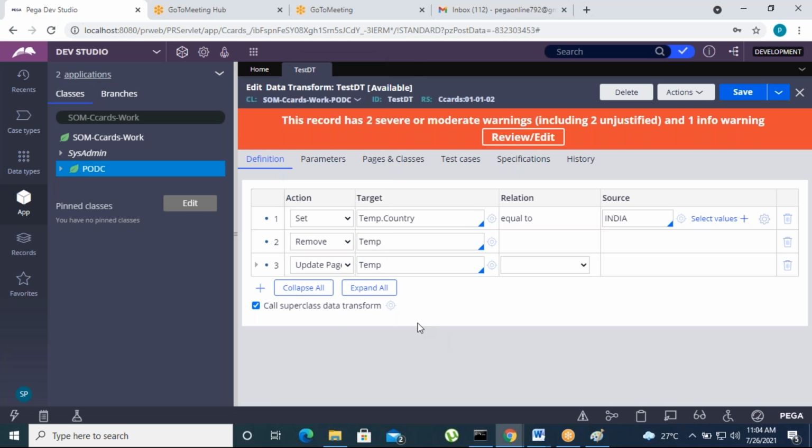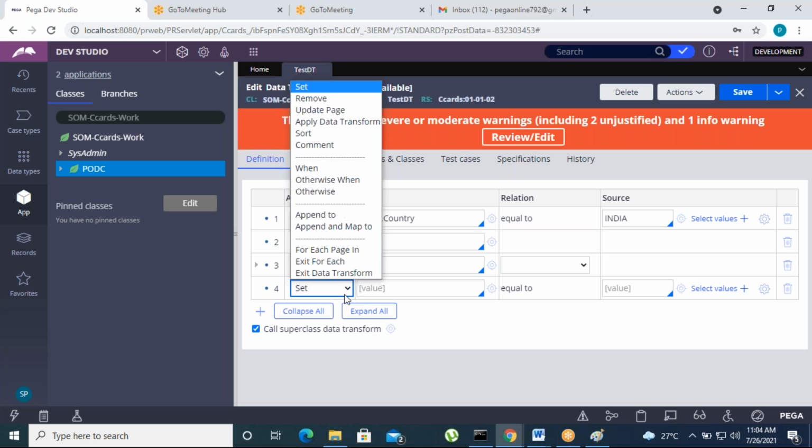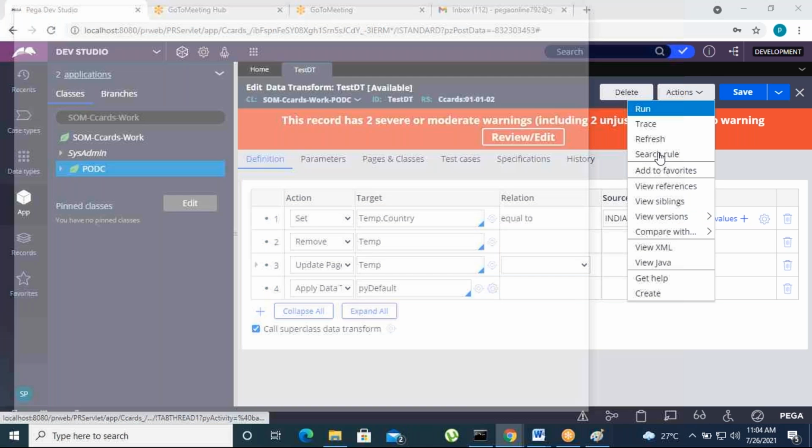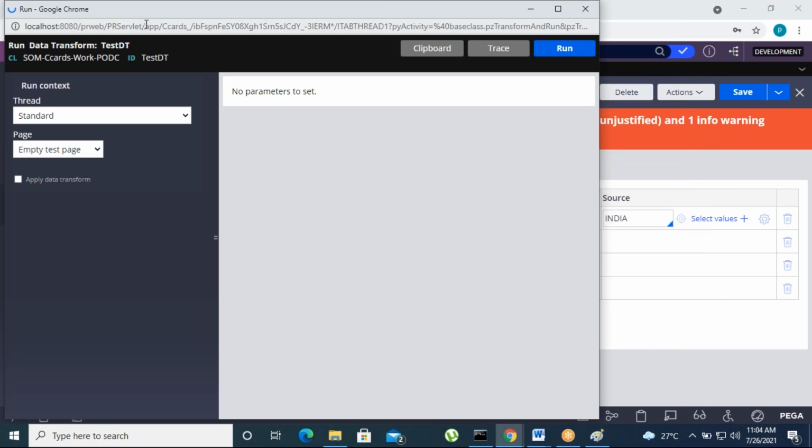Sorting. Apply data transform. Suppose within a data transform you want to call another data transform. Suppose I don't have another data transform, I think. You click on the down arrow. Here we have some pivot default. Okay, let's call the pivot default data transform, click on save and run this. Within a data transform, if you want to call another data transform, then we can go for the apply data transform